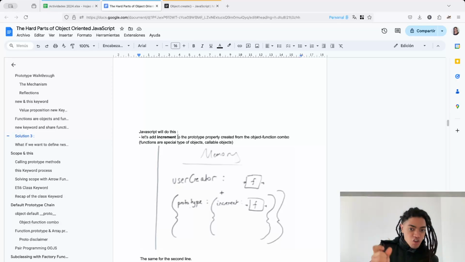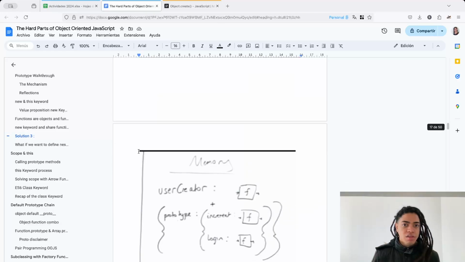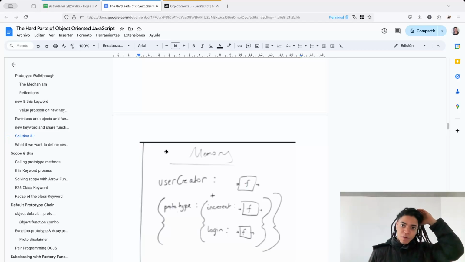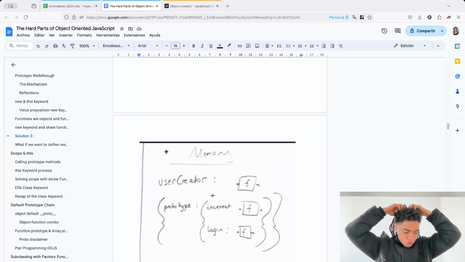The new keyword is actually doing that step, and this is something you're going to see in a lot of professional code. But because the designers of ECMAScript were ashamed of this inherited prototype nature, they wanted to make the code look more